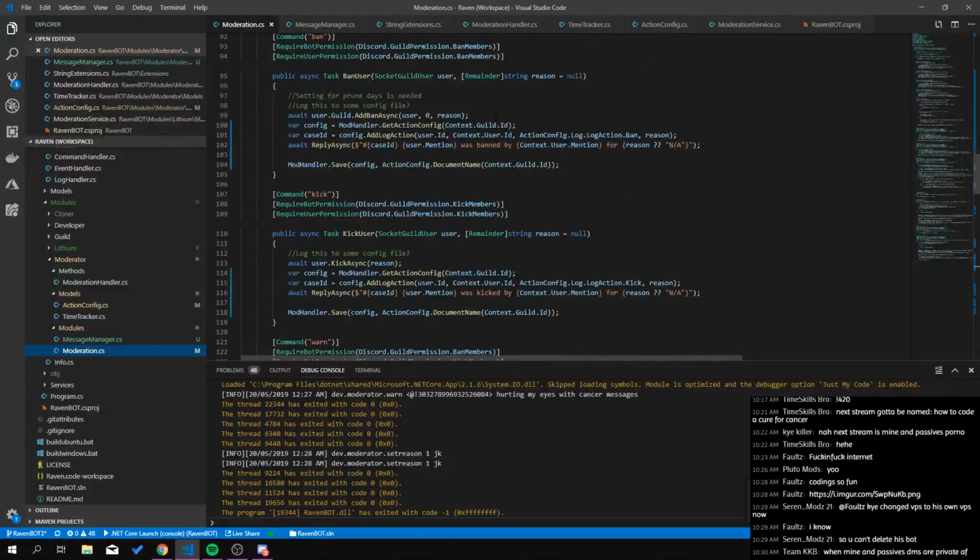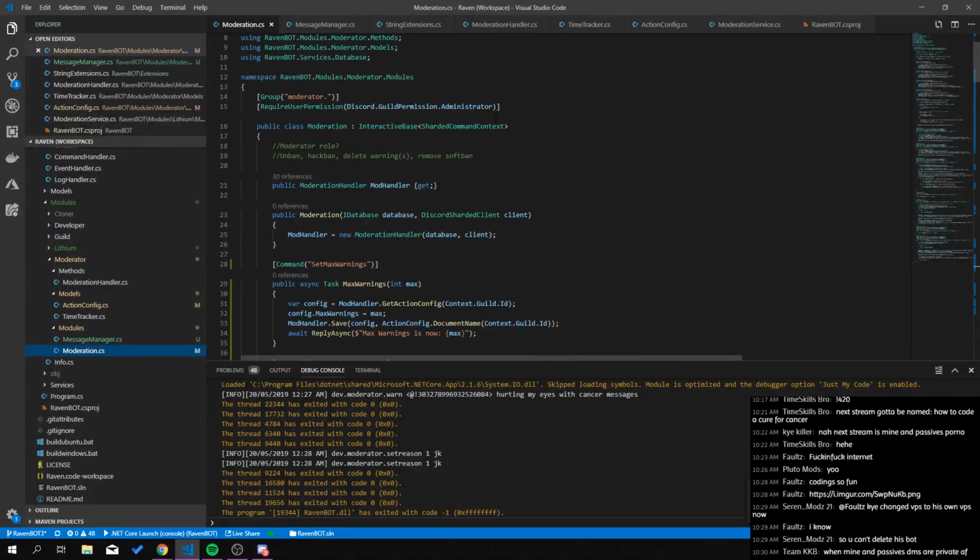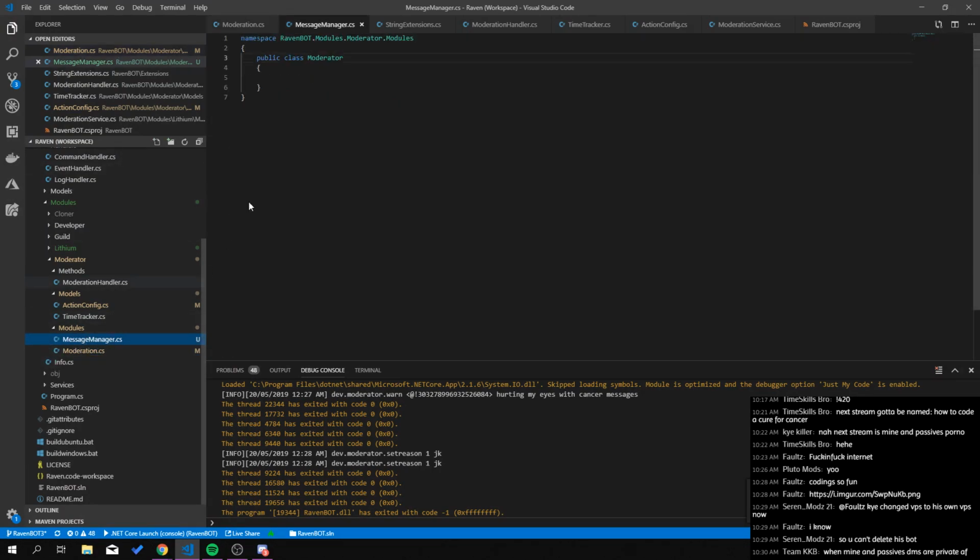What? This one's called moderation, yeah? Moderation. Okay, so we can go moderation, then make it a partial class, and then we don't need to do any of the imports there. So if we go public async task prune